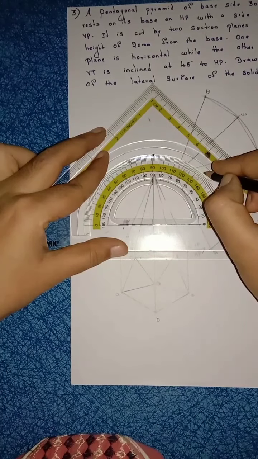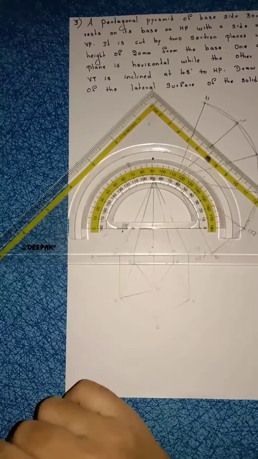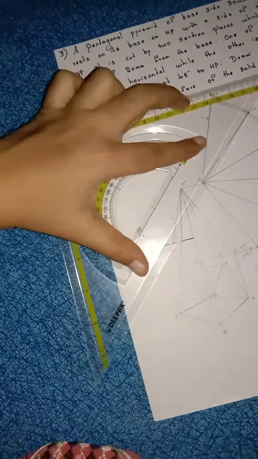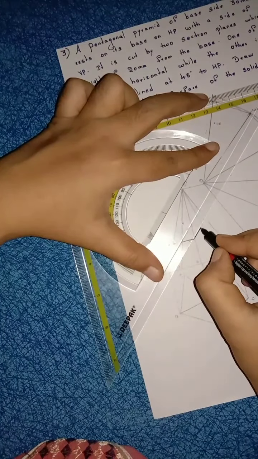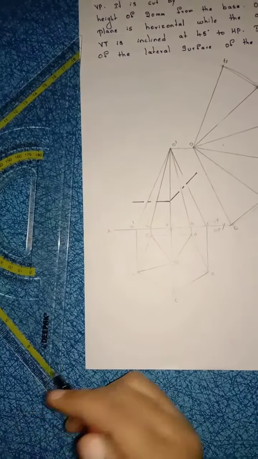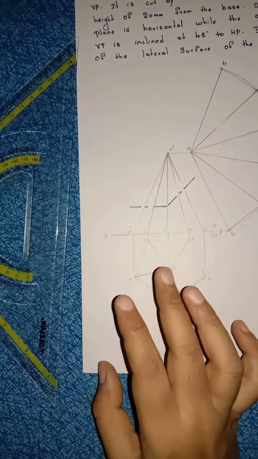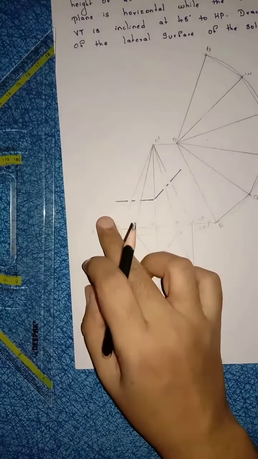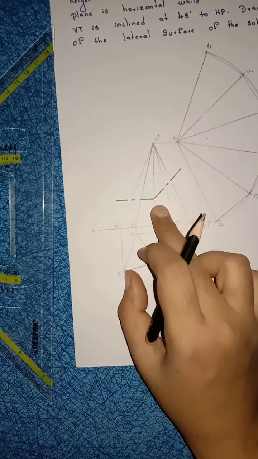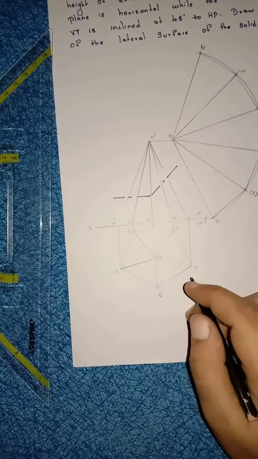Now construct the sectional plane which passes through that point. So see here, this is 45 degrees angle. Now from here I am constructing the sectional plane in inclination manner. So this is the question they asked. Here in this question they asked to construct two sectional planes which meet at a height of 20 mm from the base. One of the sectional planes is in horizontal manner and the other sectional plane is inclined at 45 degrees to HP. So let us mark the points here.